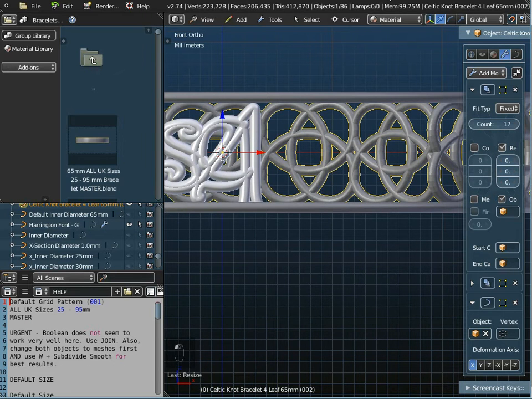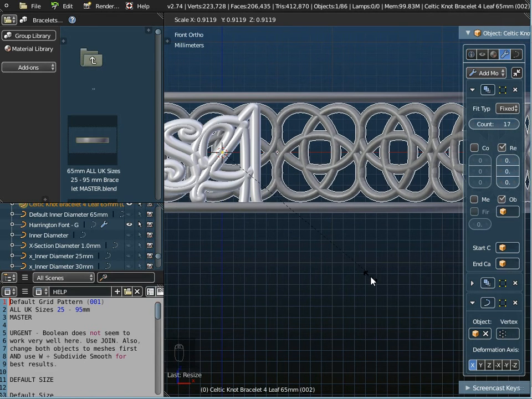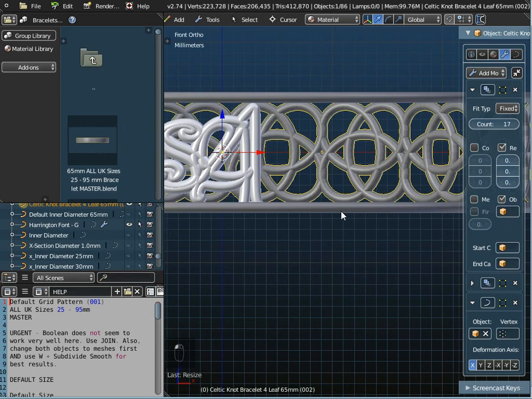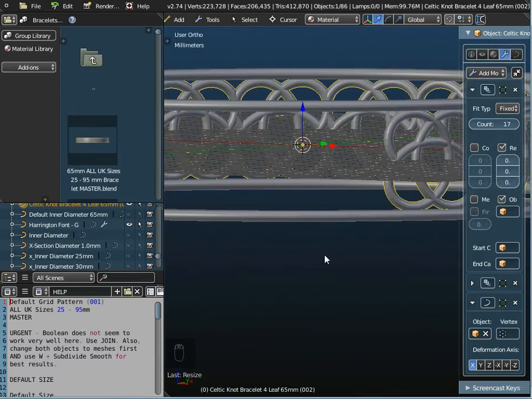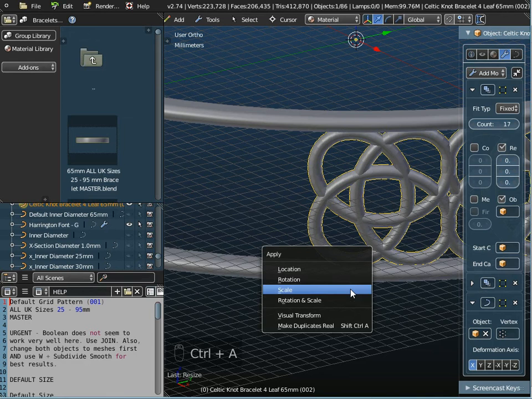Let me just switch off the snap so I can scale this better. So if I just press S on the keyboard and just scale that down, I just want the Celtic knot pattern just touching those rims, and yeah, that's looking better actually. So if I do Control A and apply the scale,